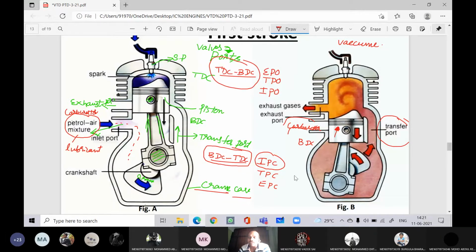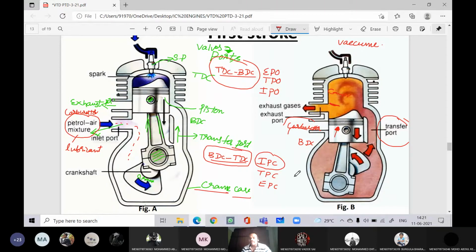When the piston is moving from TDC to BDC, the transfer port is open. So from then the air fuel mixture will start entering the engine cylinder. Now, during the passage of the piston, what will happen? First, it will cover the transfer port. Yes or no? Yes, sir. Then it covers the exhaust port. The moment it covers the exhaust port, from that point onwards, the compression will start.